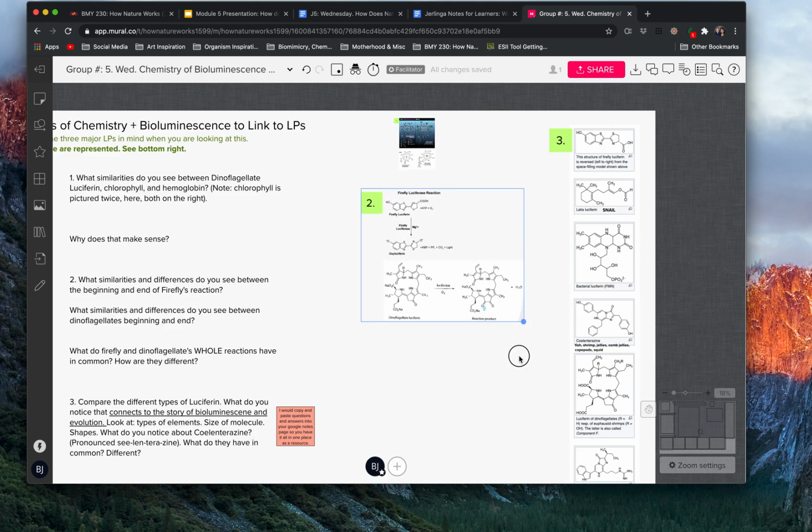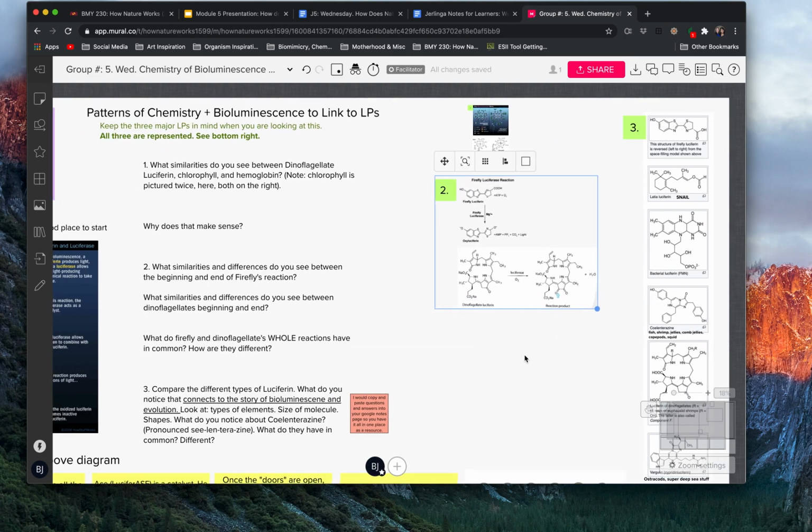Now, again, number two, that should also help you with one of the life's principles in chemistry, especially, again, here I'm looking at the beginning, looking at the middle, I'm looking at the end. One of my life-friendly chemistry examples is talking about sort of what happens at the end of this reaction in particular. Do I have toxins? Do I not have toxins? In this case, we're really focusing on the oxygen, but I'm also thinking about the light. So when we think about the evolution of these organisms, so now I'm kind of getting into both the chemistry and the evolution-based evolve to survive life principles. When I think about the evolution